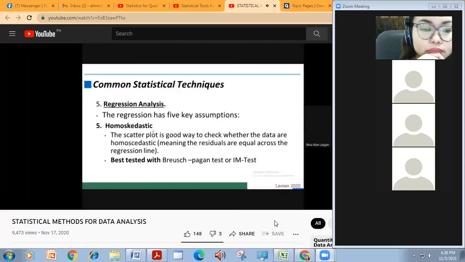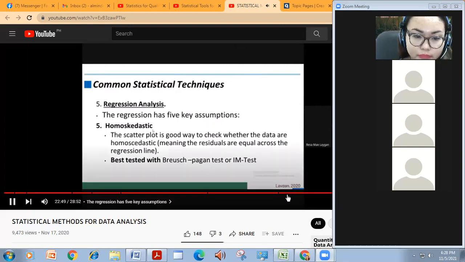It is somehow related to the normality of the distribution of your data variables in a certain plot. This can be best tested with the Breusch-Pagan test, which is a diagnostic test for homoscedasticity,